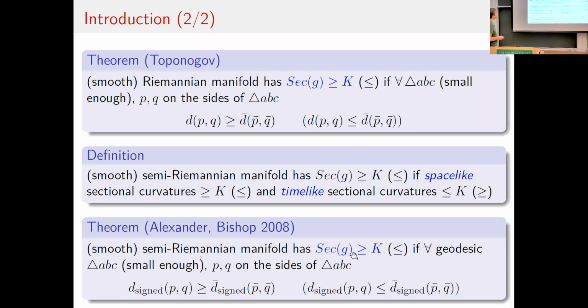In the metric case, of course, this Toponogov theorem gave rise to Alexandrov spaces, because this kind of curvature bound you can define for a metric space. As long as you have a metric, you can define this triangle comparison. And this gave rise to a really rich theory: Alexandrov spaces, CAT(K) spaces, and so on. But how do we generalize this signed distance in the semi-Riemannian case, especially the Lorentzian case? So what to do there? Our approach is that we take the time separation function instead, and we will see that this works out. But let me just first